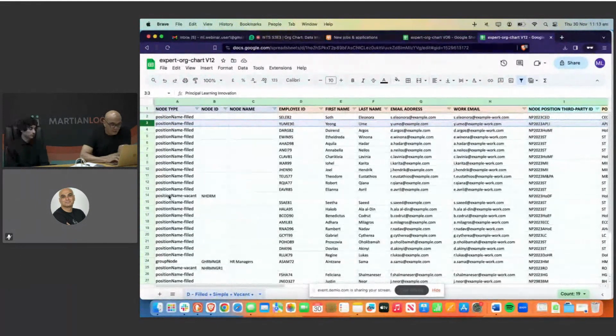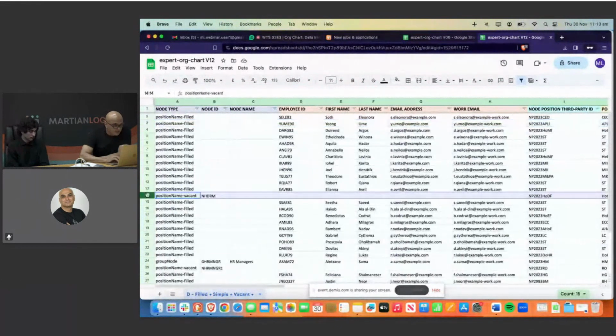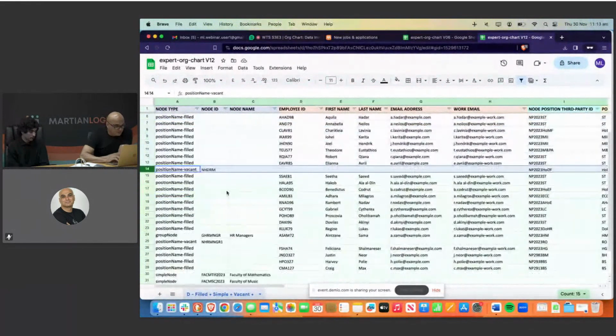Then if we move randomly to another position here that is vacant, we can see they've got a position vacant here. So it needs to have a node ID, which is mandatory. It can be 1, 2, 3, 4, 5. You can just put in their node ID, drag it through, and let Excel complete it if it's not exported as part of your export or anything like that. But the reason we need a node ID is because if somebody is reporting to that vacant position,